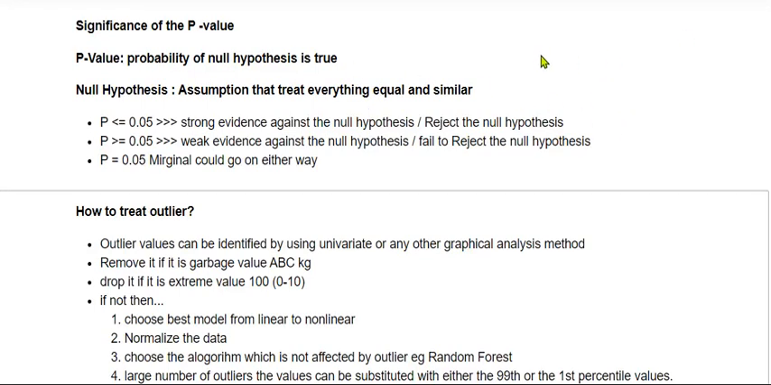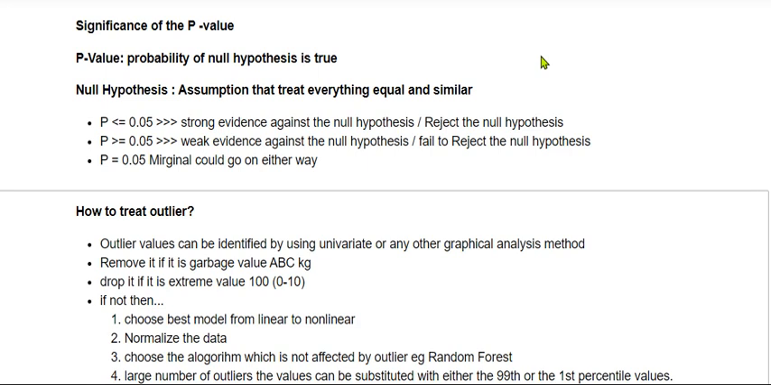The next important term is p-value. Basically, this p-value is related to hypothesis testing. So, what exactly is this p-value, and what is the significance of p-value? Basically, a p-value is a probability of the null hypothesis being true. So, the p-value refers to a probability of what? It's a null hypothesis